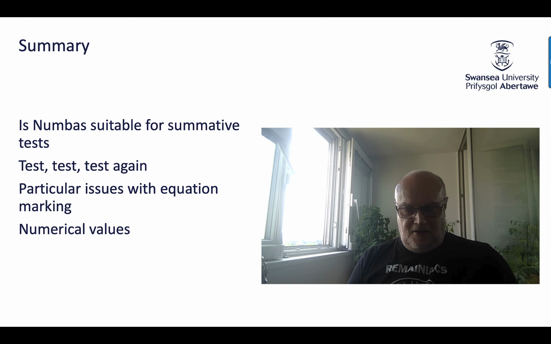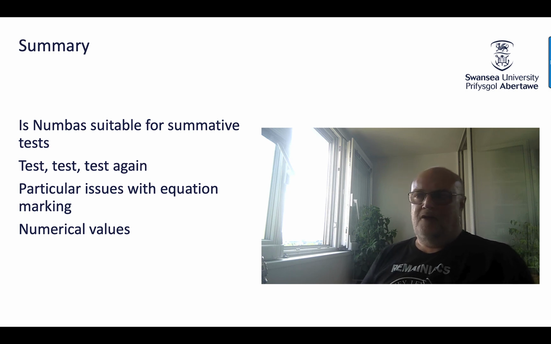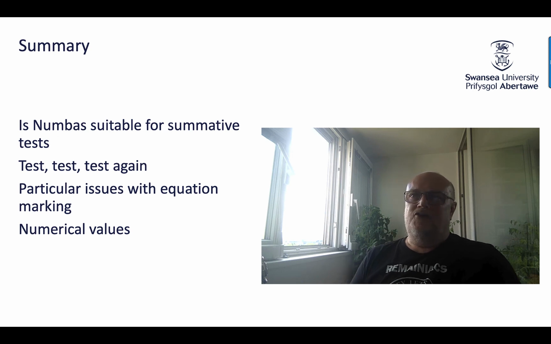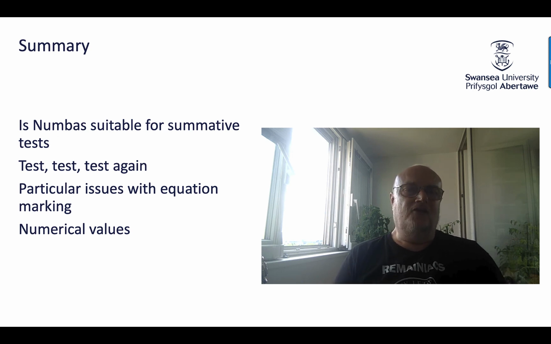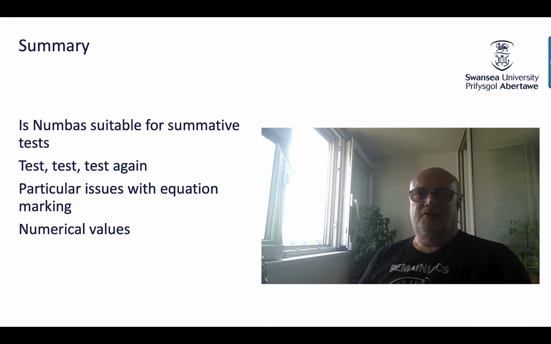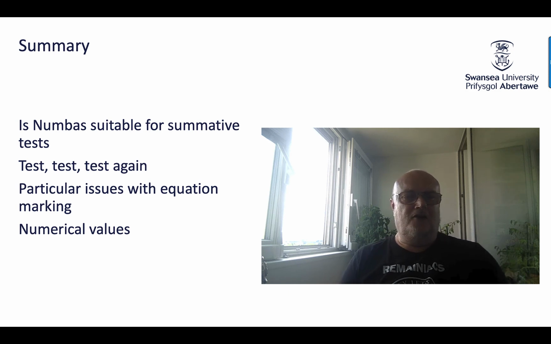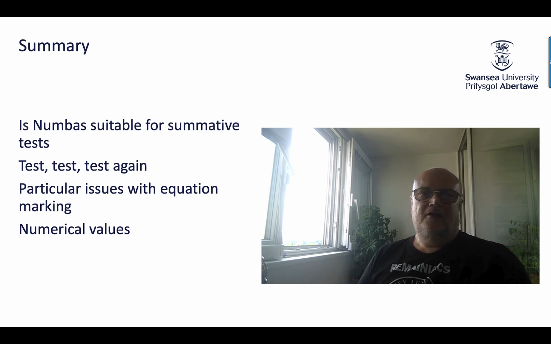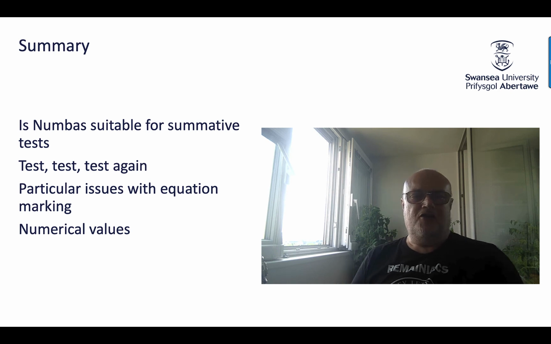But the biggest issue, I think, where I had to intervene most was in the numerical accuracy. There seems to be some difference between questions which have numerical values, where it's fairly clear how you set things up, and those questions where you're having equations and whether the parts of the equation should be particular values. I found some issues with fractions as well. Sometimes fractions would be okay, sometimes it wouldn't accept a decimal. So I think there are some issues around that which perhaps need to be addressed by the Numbas team, or at least documentation improved so that those people who want to use those things know what the restrictions are.